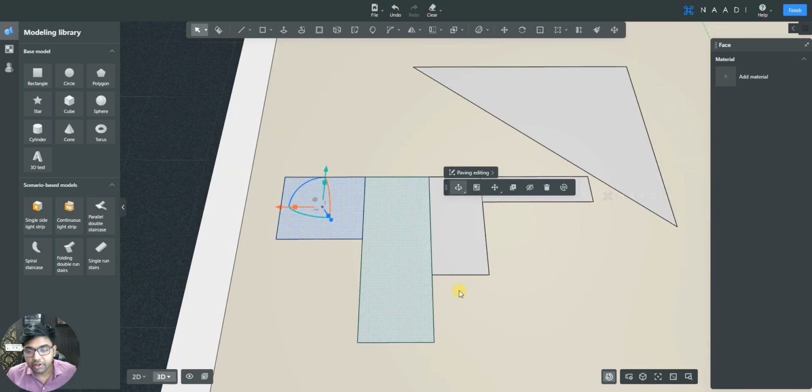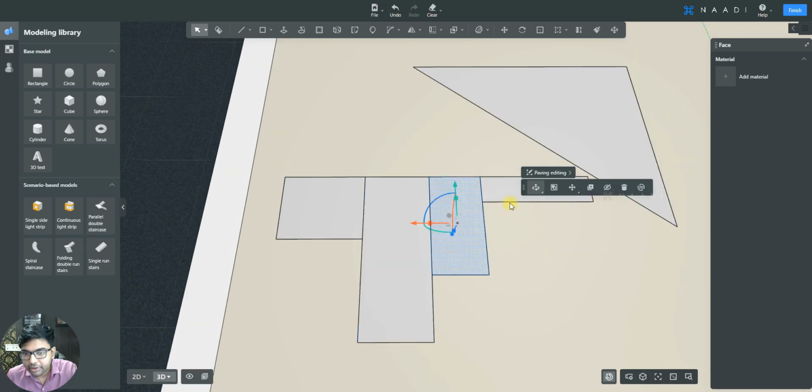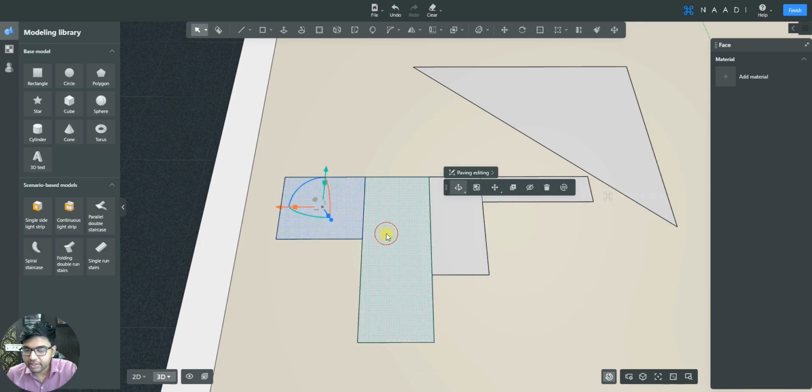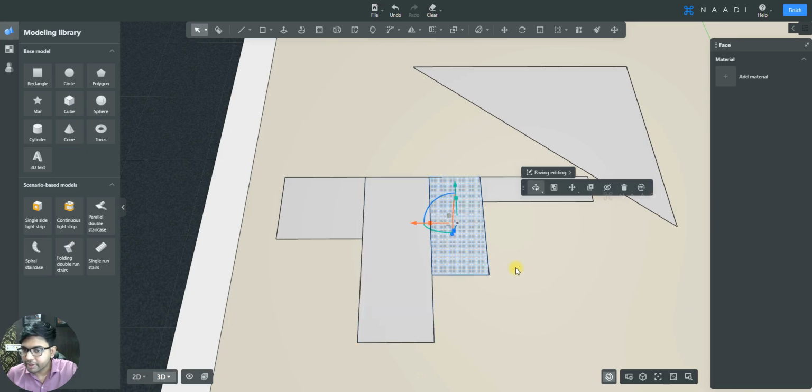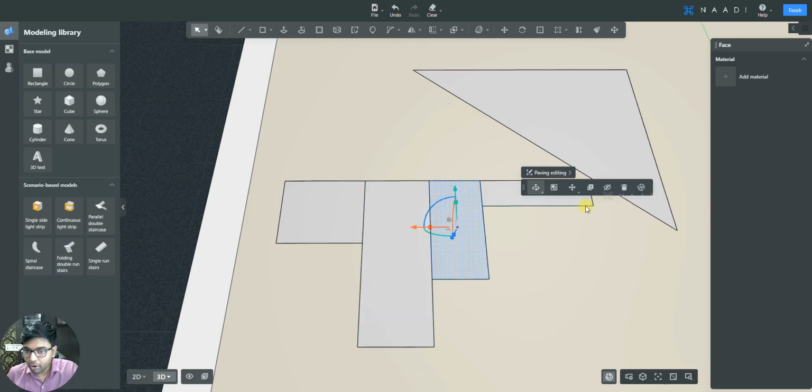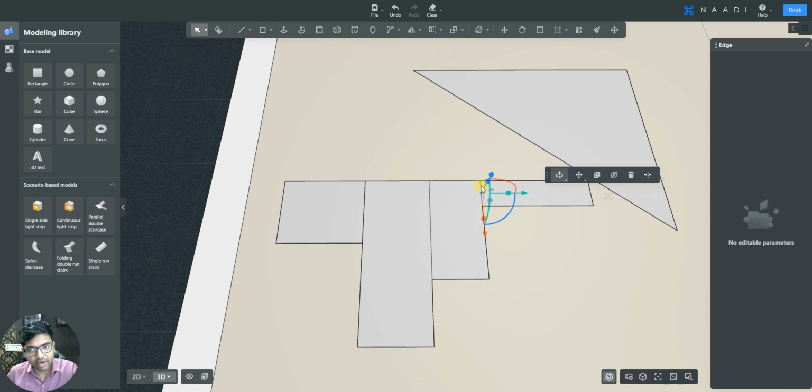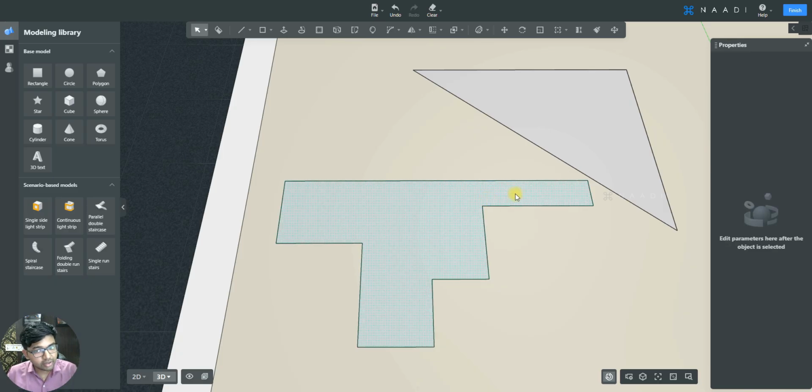So here, I've created multiple surfaces adjoining each other, right? Now all the surfaces are independent. I can separately select it, I can move it, I can modify it. If you want to club all the surfaces into one single custom geometry, then obviously you have to select the line which is dividing it and delete it, right? So for that, like I told before, you could just specifically select that line and press the delete button. Or if you want to delete multiple lines at a time, then you can just multi-select by holding shift. Can you see? That way I should be able to delete multiple lines at a time,